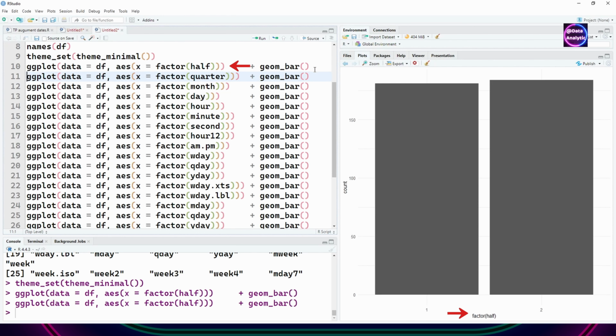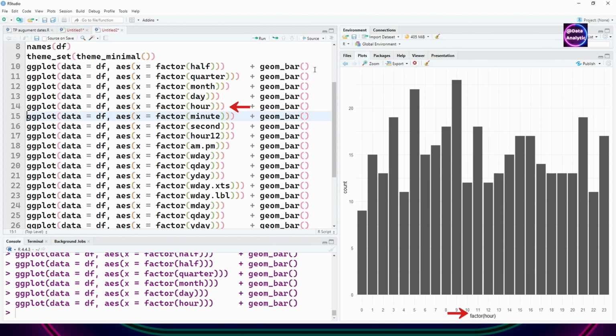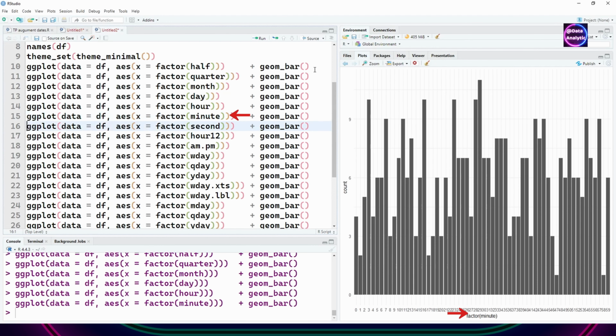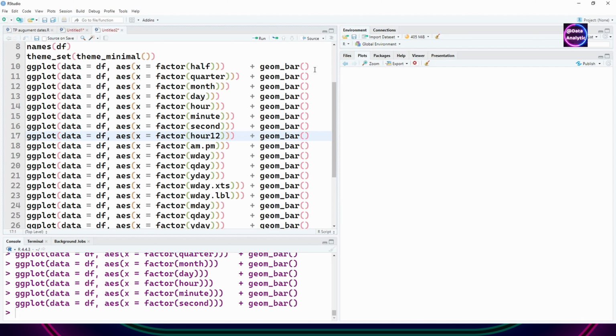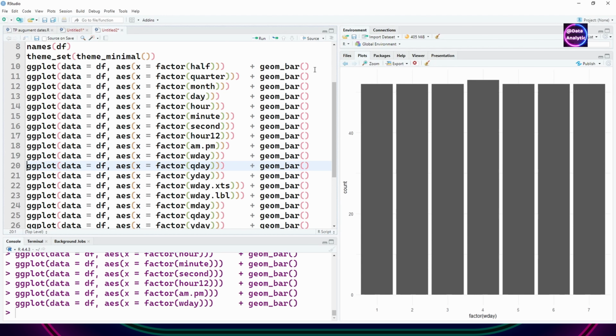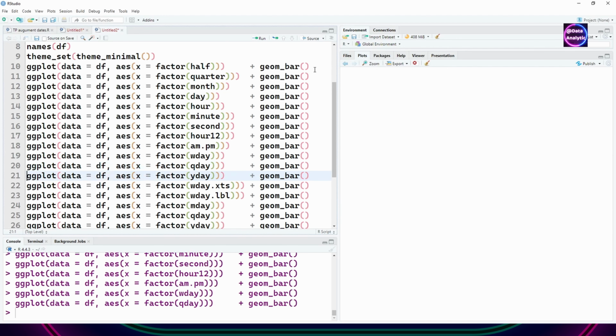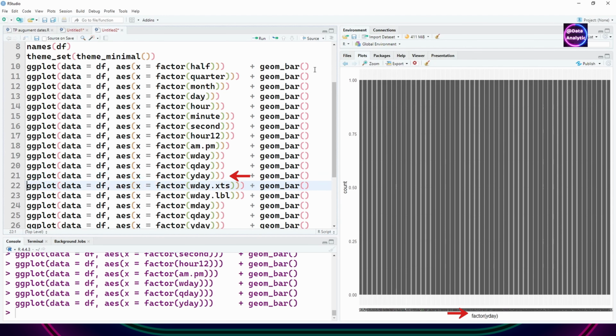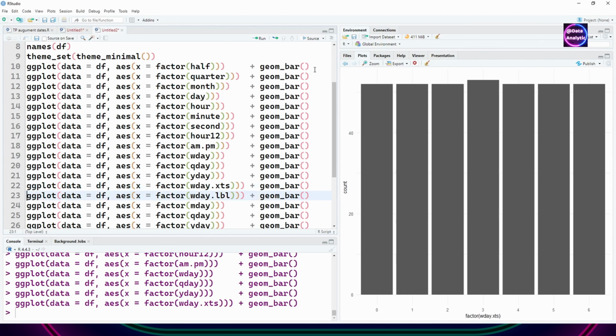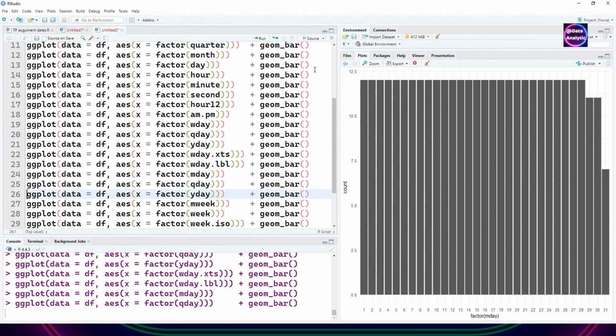You can divide your data in two halves, the first half, second half, 4 quarters, and months, and day, and hour, minutes, seconds, 12 hours, AM or PM, the weekday, quarter day, day of the quarter or the day of the year, and then the actual labels,